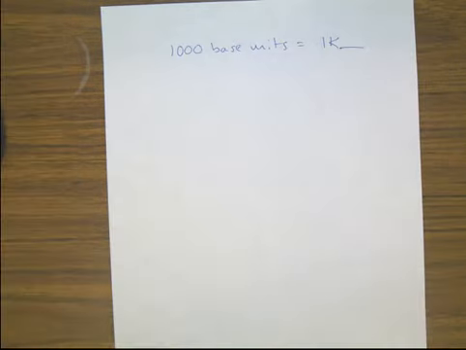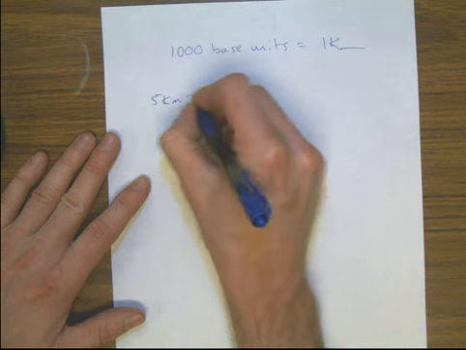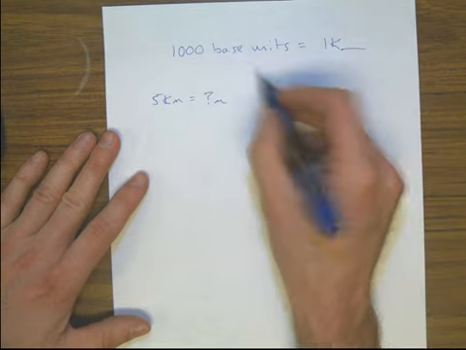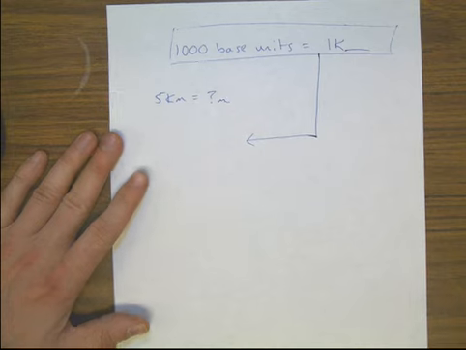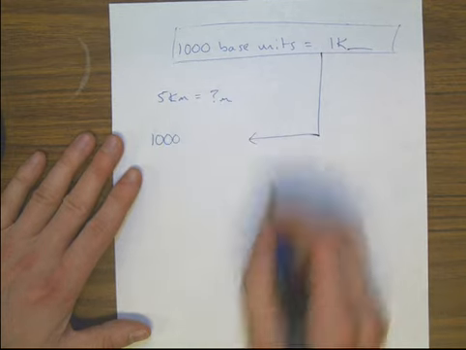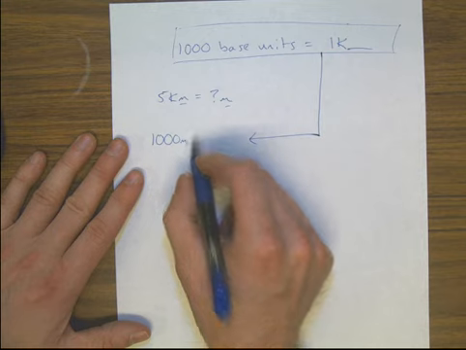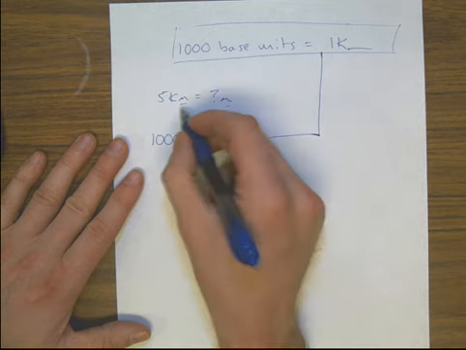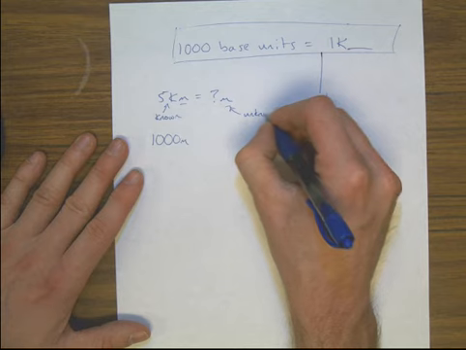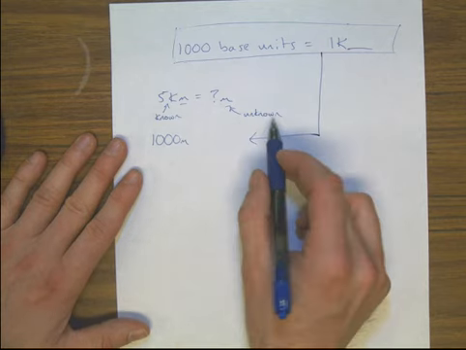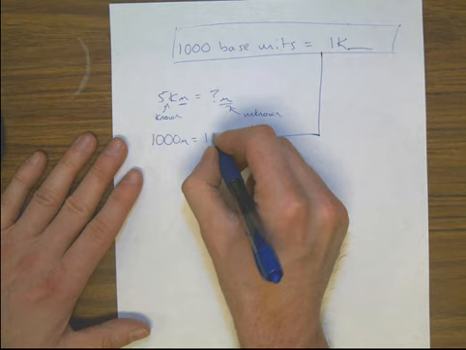Alright, let's explain what this conversion factor is and how we can use it more effectively. Say I'm given a distance of 5 kilometers, and I want to know how many meters that is. First we have to know that this conversion factor right here can be simplified into the following conversion factor. It can be simplified by writing 1,000, and the base unit we're working with in this case is meters, since we're dealing with meters before and after this conversion. You'll know the base unit because it stays the same before and after your conversion. This is what we typically refer to as our known information, and this is what we refer to as our unknown information. If the known matches the unknown with 1 unit, that's your base unit. So 1,000 base units are equal to 1 kilo base unit, and the base unit we're working with is, of